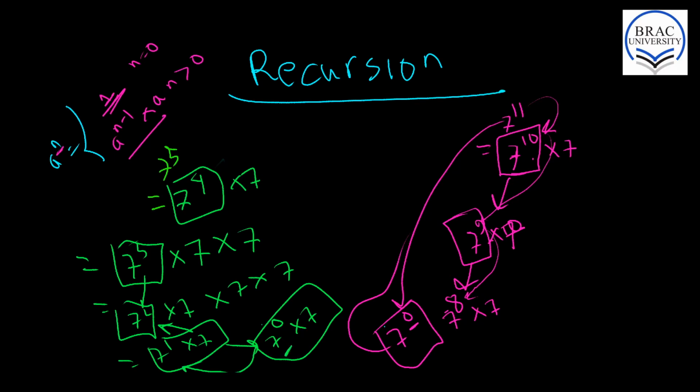Since 7 to the power 0 goes to the if case, the base case, we return 1. So 7 to the power 0 returns 1. We multiply 1 with 7 and we get 7. So we return 7 for 7 to the power 1. 7 to the power 1 is actually 7. So we multiply this 7 with this 7, and we get 49. So we return 49 here. So 49 into 7,